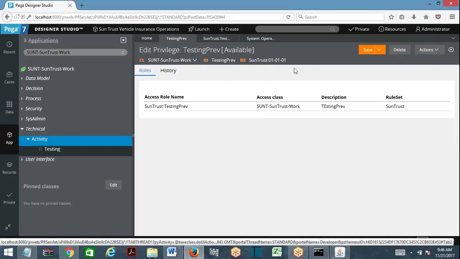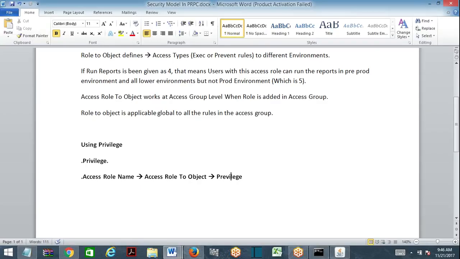Now this privilege is going to associate two-way with role to object. You are adding in privilege, you are adding in role to object. So for this privilege, what does the role to object have? Now this privilege will be linked to role to object. So this is two-way direction.